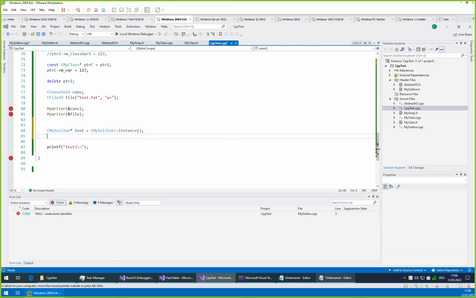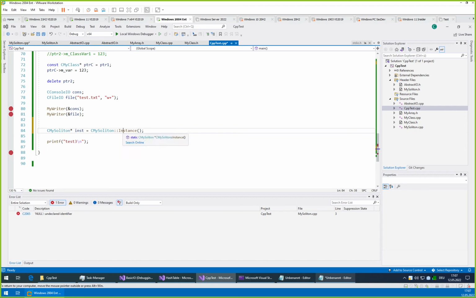Now you might think, okay, what if we just try to create a Soliton here? This will not work because the constructor is not public, and it even tells you that you don't have access to the constructor.